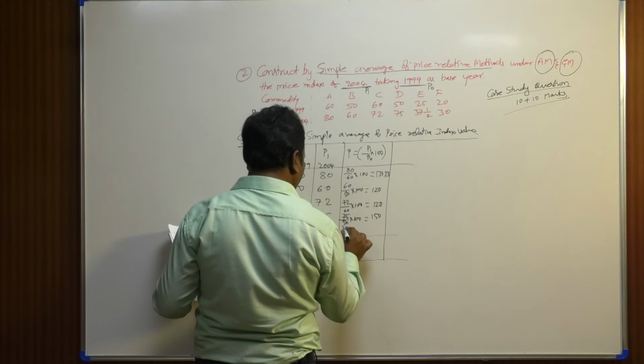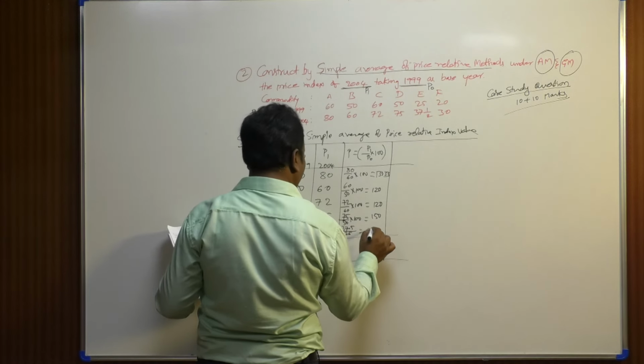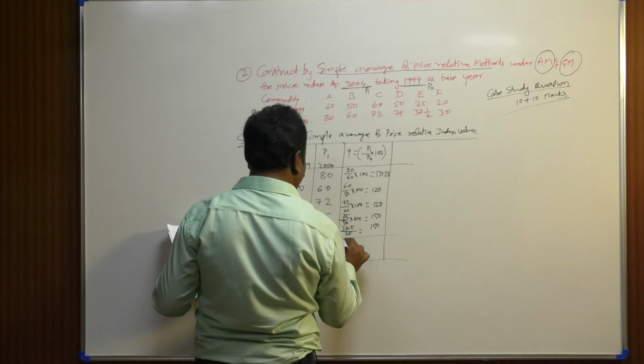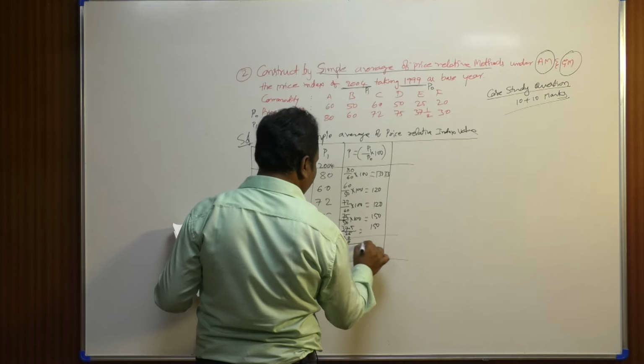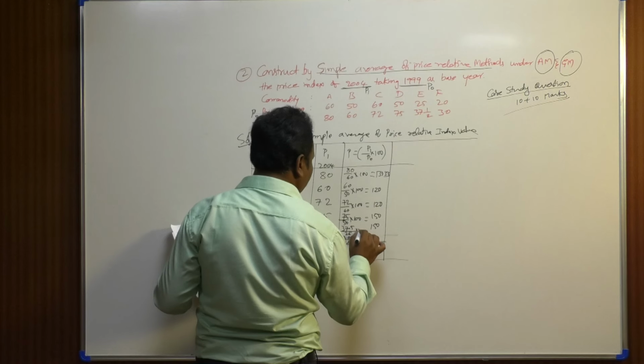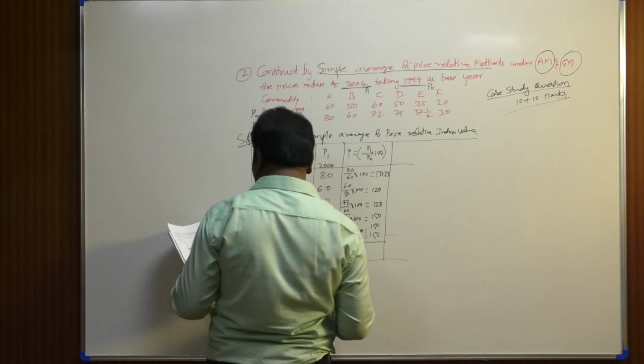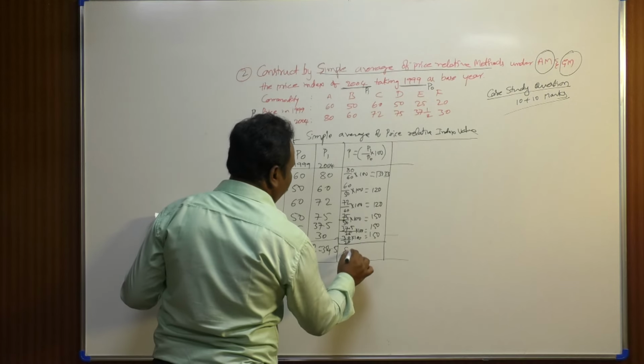Then 37.5 divided by 25 equals 150, and 30 divided by 20 into 100 equals 150. So sigma P equals